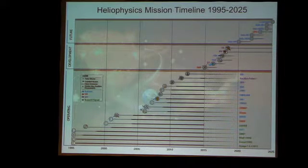I can only encourage the students to persevere through all of the times that are coming before you with funding crises, with mission crises. There are many people in this room, including me, who have been in the business for decades. And there are times when